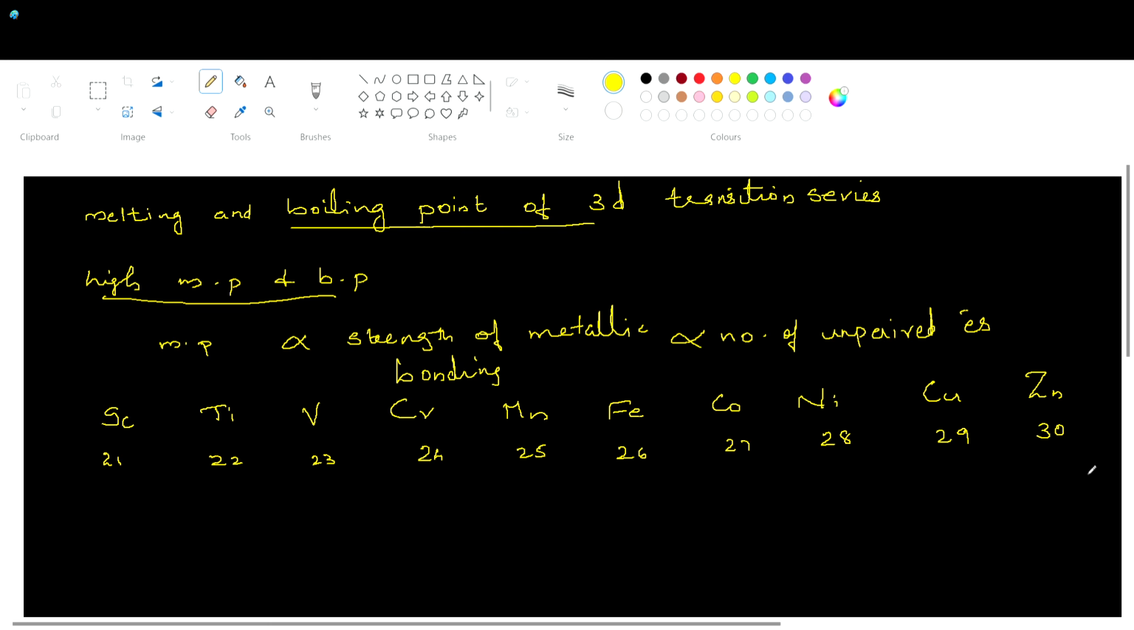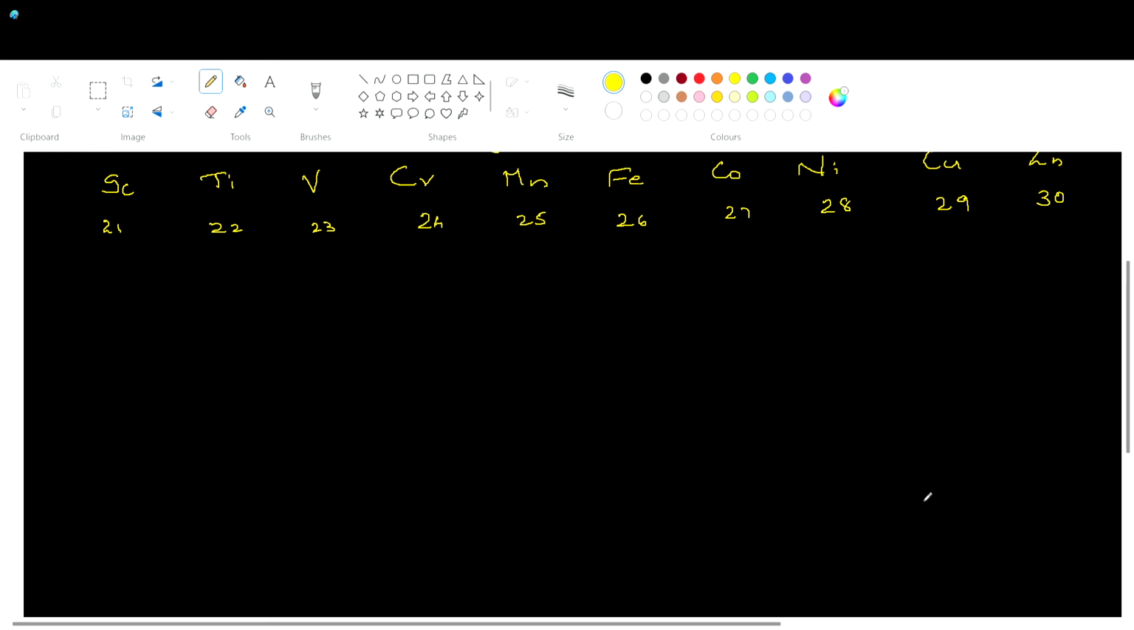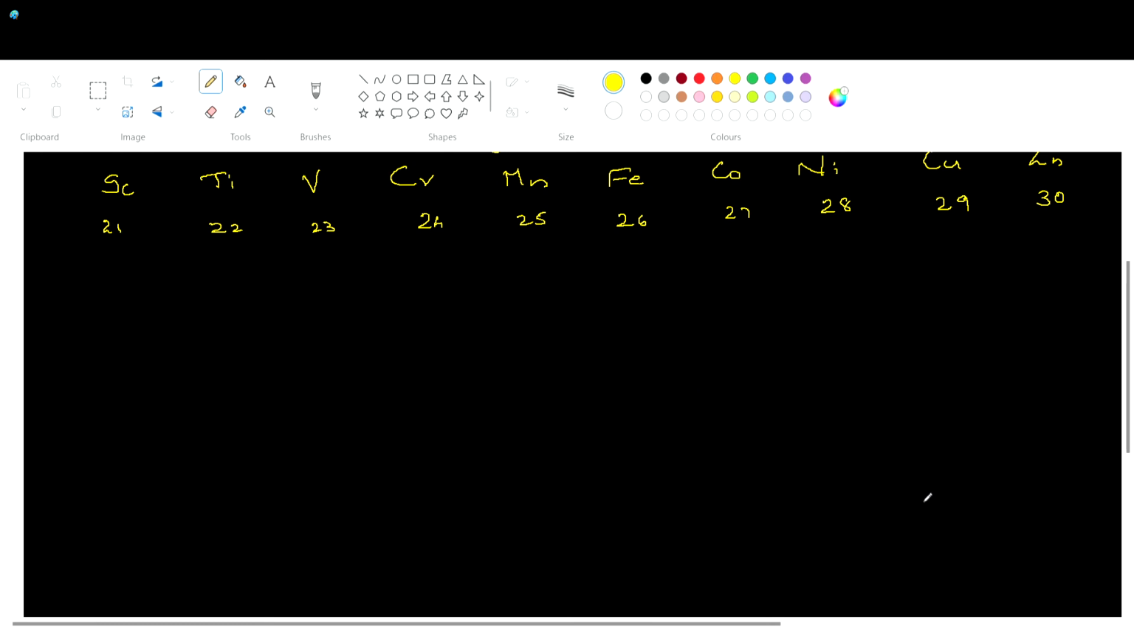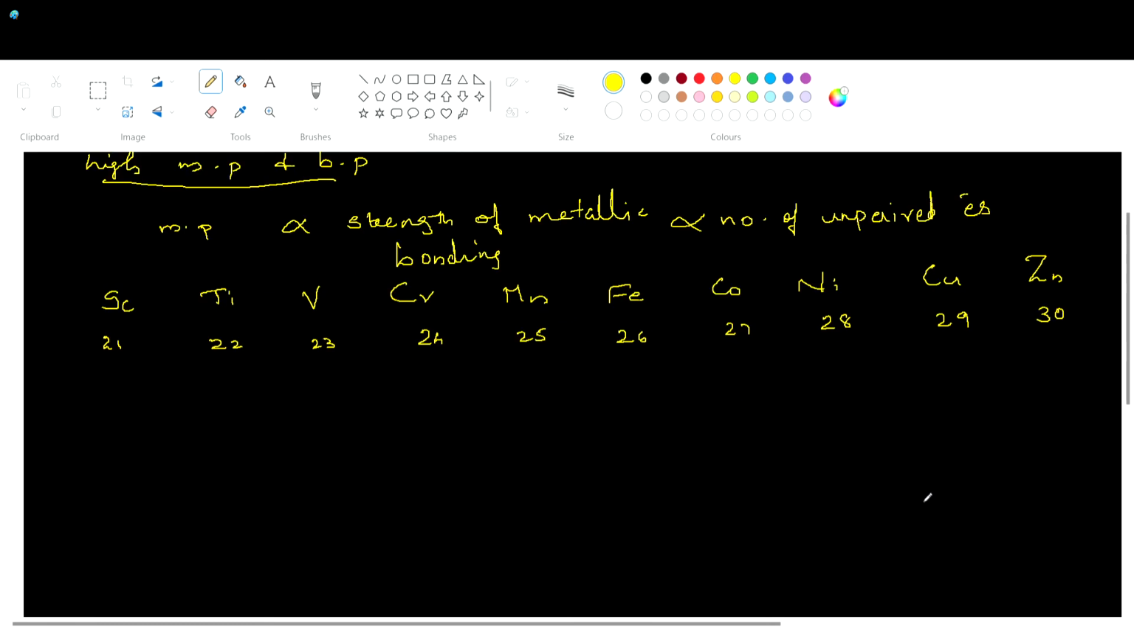Let's write the electronic configuration of 3d series elements. Scandium: after argon 18, it's 4s2 3d1. For titanium, 4s2 3d2. Vanadium, 3d3 4s2. For chromium, an exceptional configuration: we expect 3d4 4s2, but the actual configuration of chromium is 3d5 4s1,